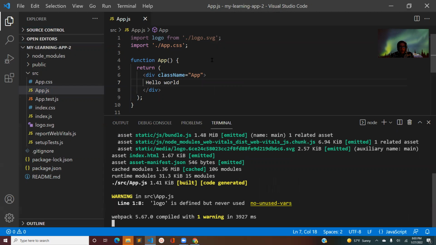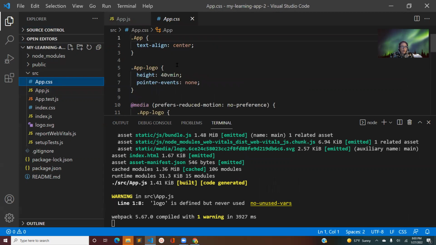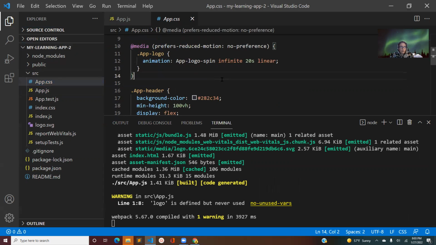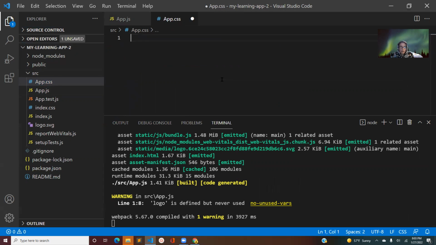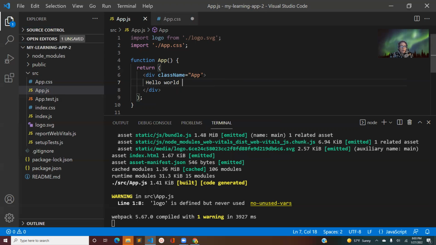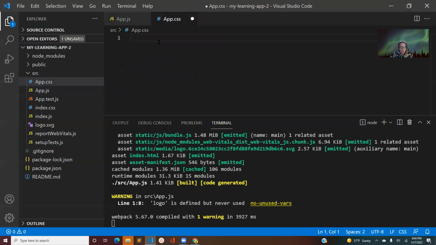Oh, there it is. Hello world. Okay, so just so you can see that a little bit bigger, let's go ahead and put some styling on it. Let's go to, oh, they already have this import App.css. So let's go there. Let's get rid of all of their code and let's write, class name is app. So let's put app,